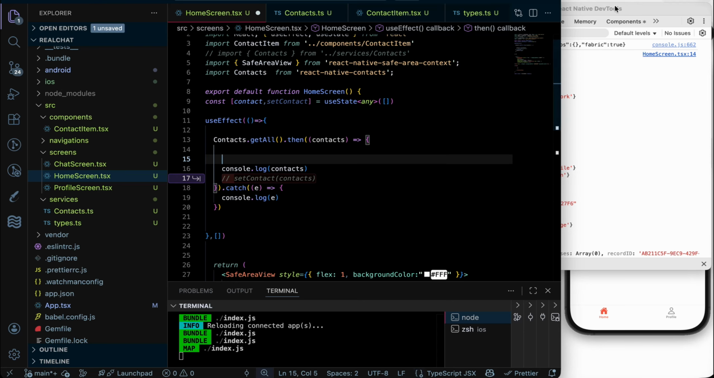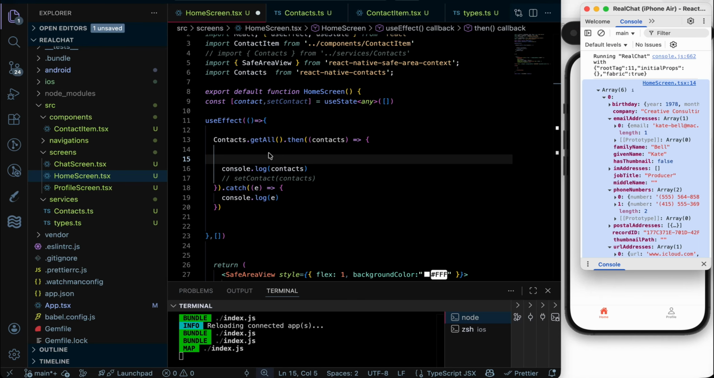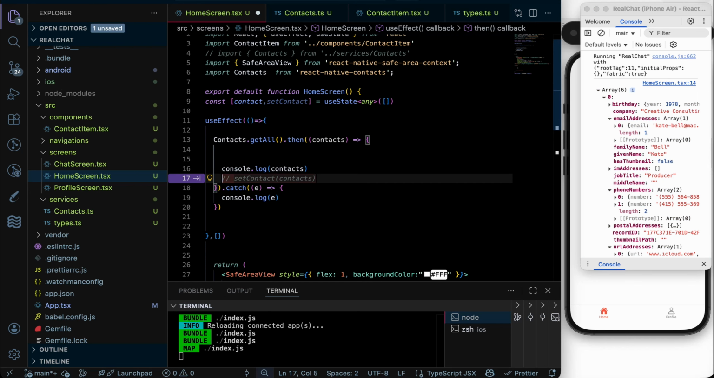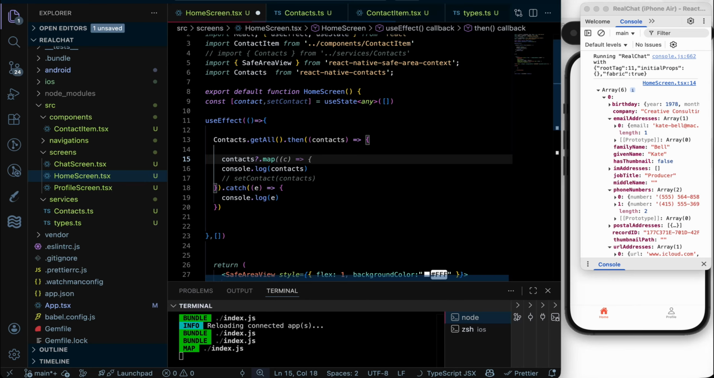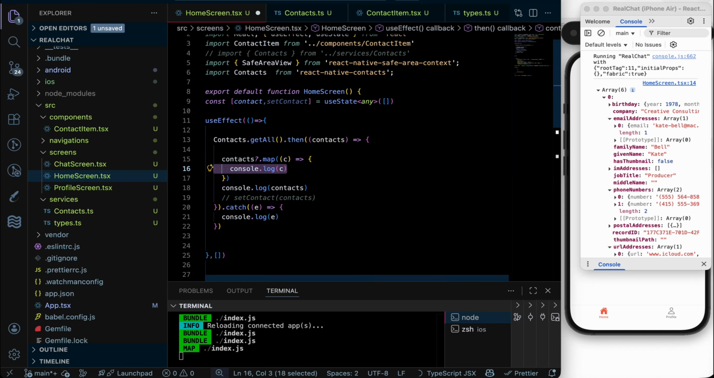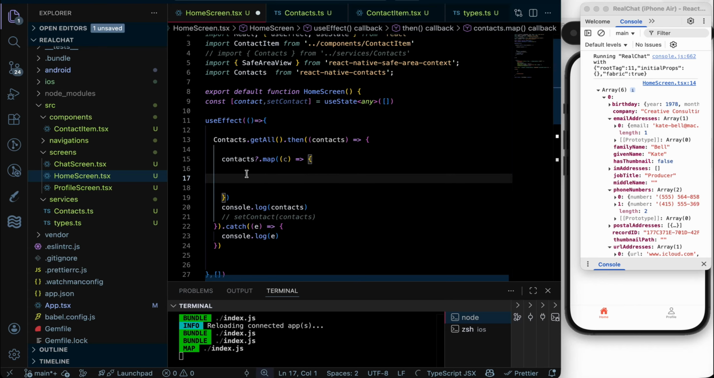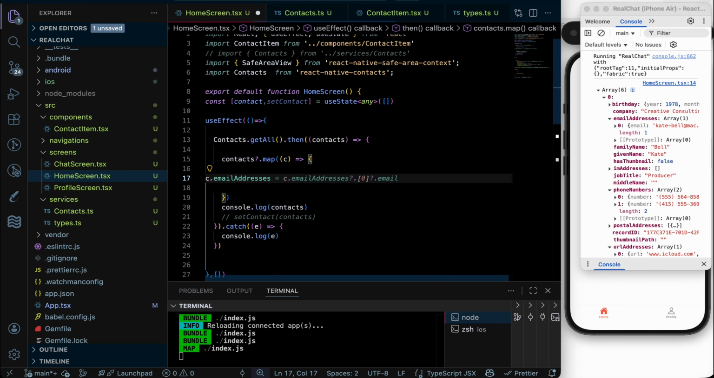Let's first get all the data. Let me put it down here. Let me create and map. So contacts dot map. We are providing optional chaining so that if there is nothing, it will not execute this one. Okay, inside the map we'll be getting contacts. So c dot email address